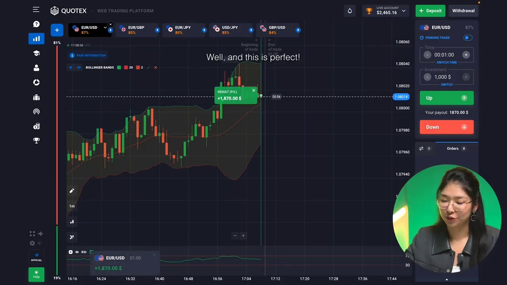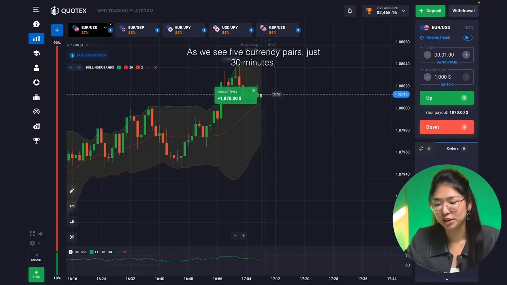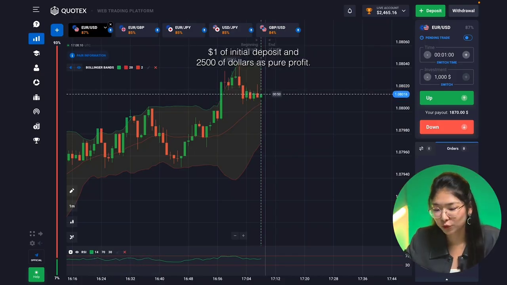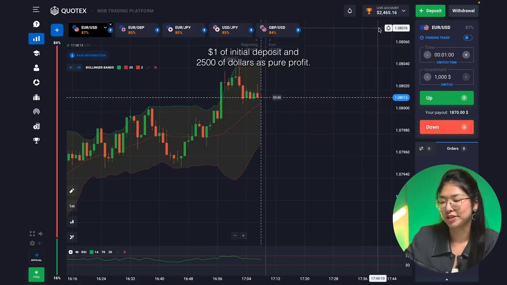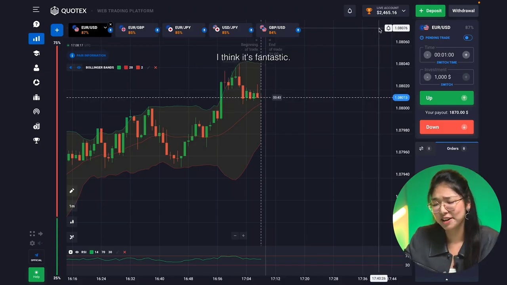Well, and this is perfect, and with your 5 currency pairs, just 13 minutes, $1 of initial deposit and $2,500 is super perfect. Guys, I think